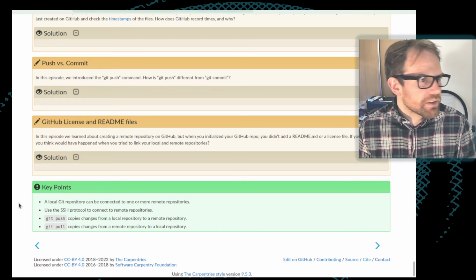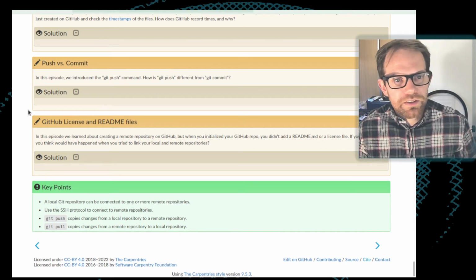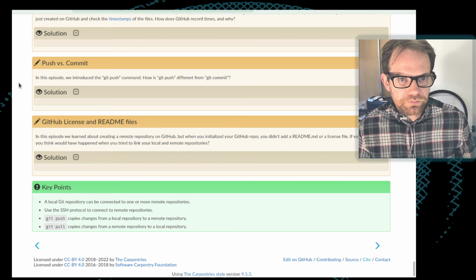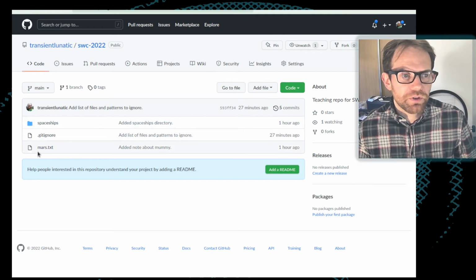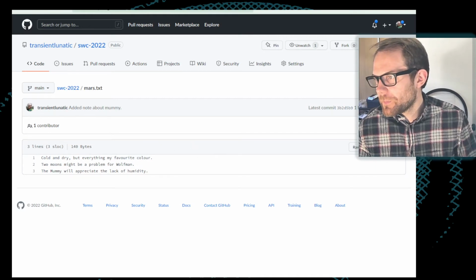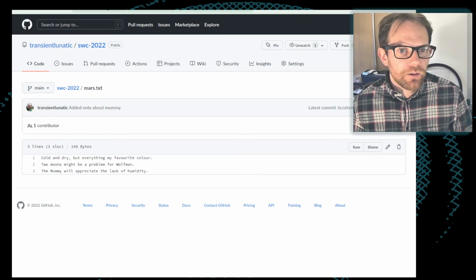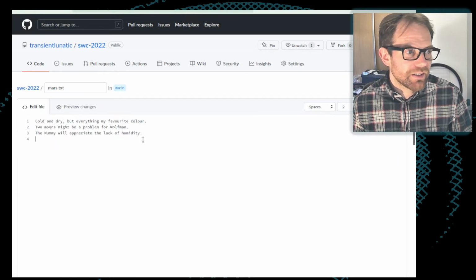The one thing which we've not seen, and which I have somehow skipped over, is using git pull. So say we make some change to the remote version of the repository. Ordinarily, I wouldn't recommend making big changes to the repository on GitHub, but just this once so that we can see what's going on here. I'm going to need to move myself again. When we're on GitHub, we can actually edit files in the repository directly through GitHub. So if I click here and edit this file,